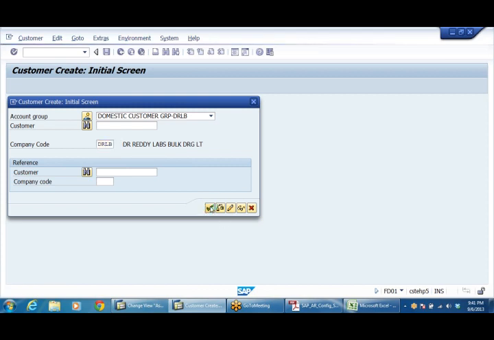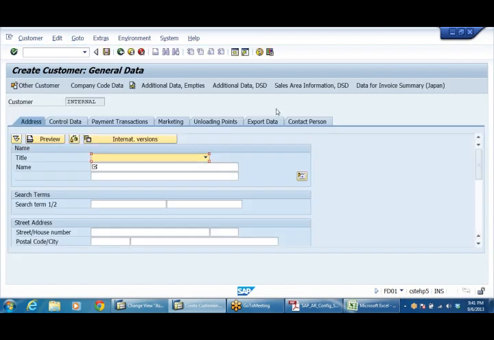Enter. So our company is a pharmaceutical company. And now I'm going to create a customer, for example Sun Pharma dealers, Hyderabad.